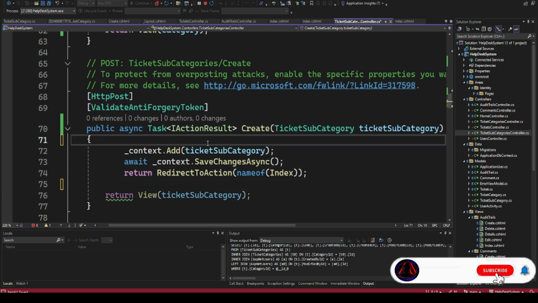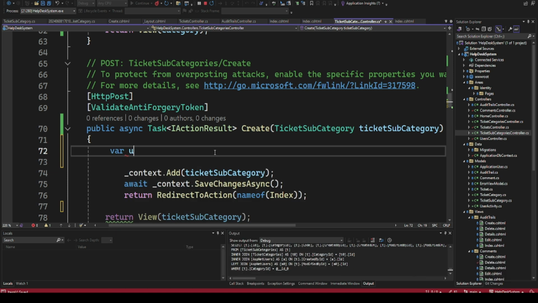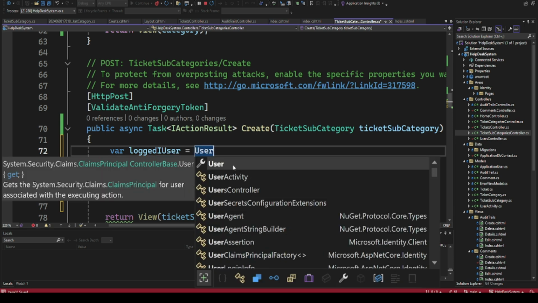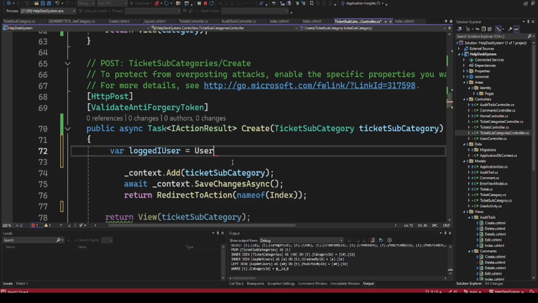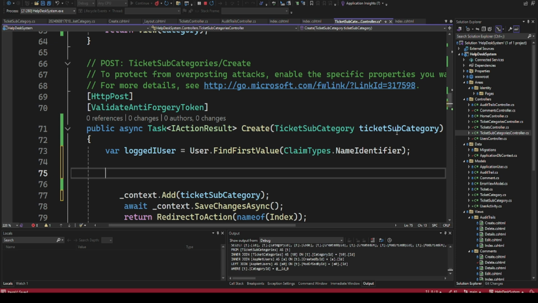So what I want us to do is, I'll declare a variable called user. So I'll say logged in user. Then it will be equals to user, which is System.Security.Claims, then I'll say dot FirstValue. That's okay. So if we have that, then the next thing that we need to do is on our ticket